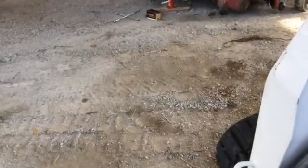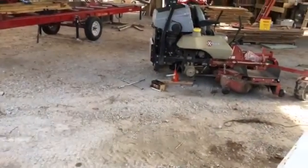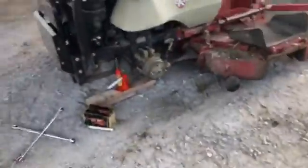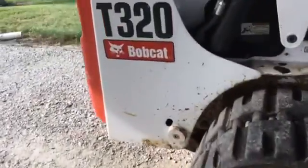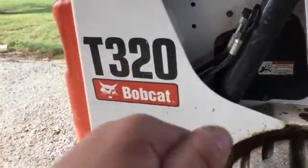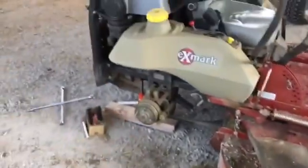I got a few other things. I got to grade the driveway because it did get washed out in the rain the other day, or Sunday. Well, yesterday, Sunday. I keep thinking something else, but Sunday it rained, and I got to probably grade the driveway and take care of some little things this week, and then hopefully Wednesday, hopefully get the tire fixed tomorrow, and then I'll be able to mow tomorrow night, and then Thursday night mow and have the back field done, and then that's one less little headache on our list,